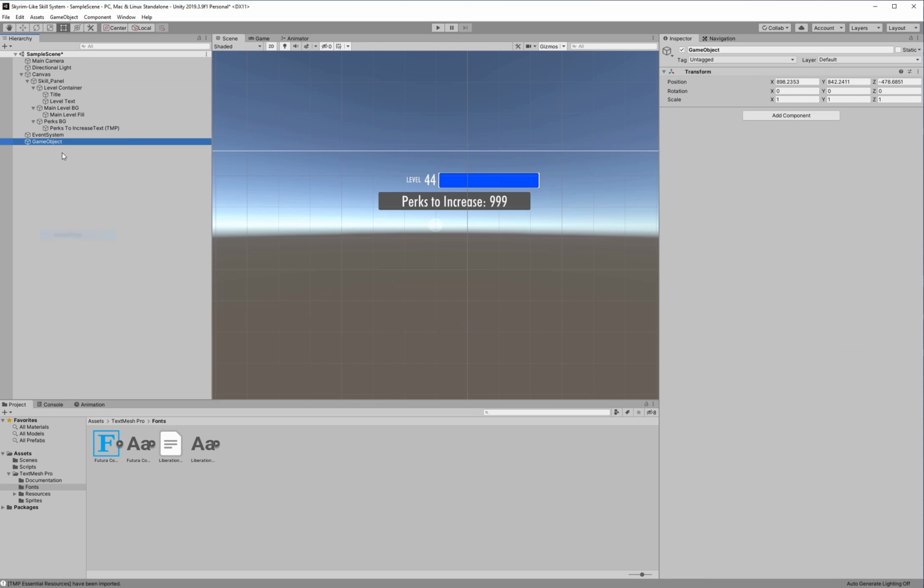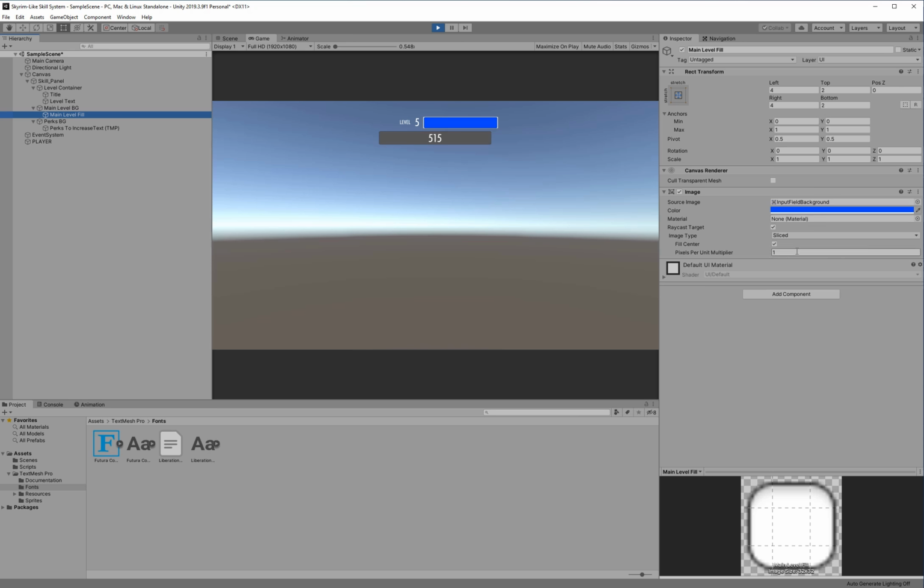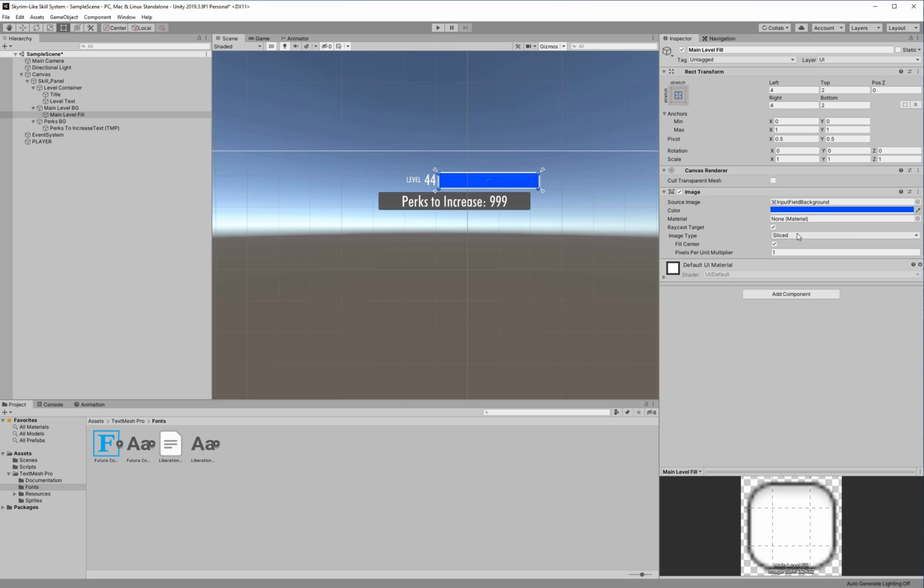Okay, so maybe I didn't put the fill properly. I'm not really sure what I did wrong here. It's because I didn't put the image type as fill. Okay, so right, okay, so it's because it was ugly. Alright, I didn't want to use that